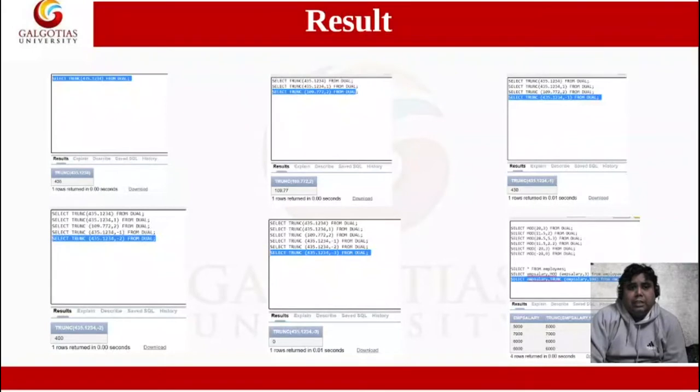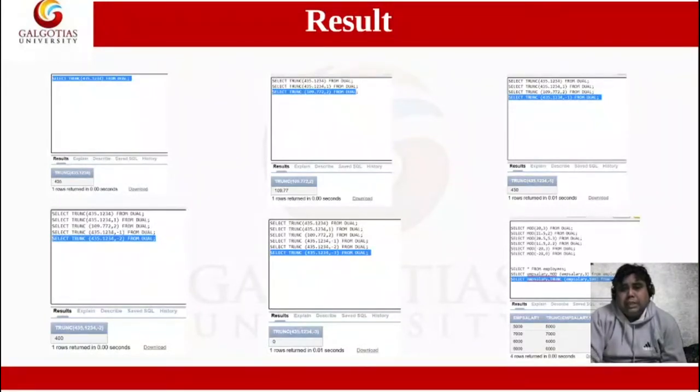So: select trunc(435.1234) from dual, then our output will be 435, neglecting the decimal points of the current value.